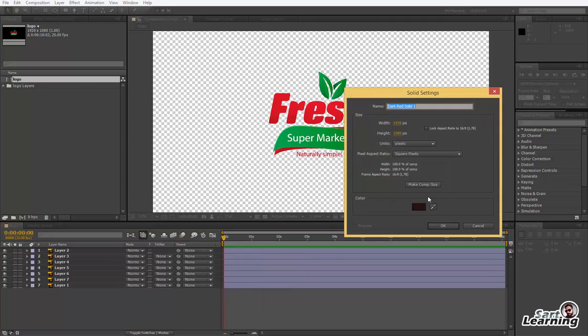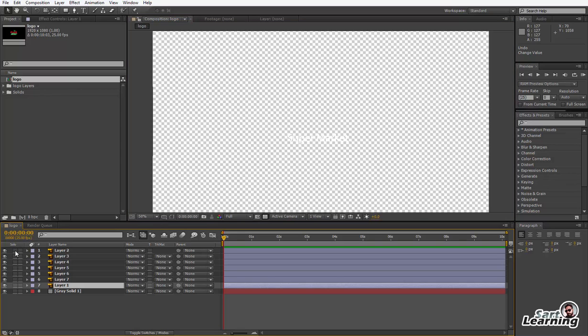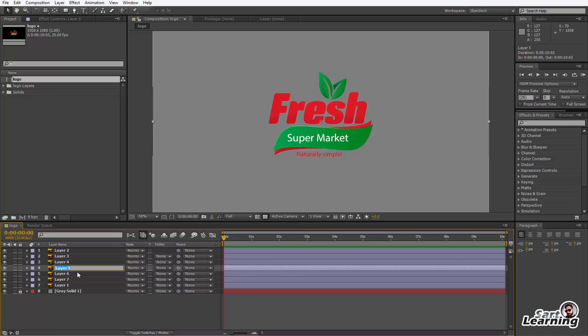Make a solid layer. You can give any color. So I just take a gray color and animate the layers separately. But first of all, the layers have their center point at the composition center, so we have to place all the centers according to the animation. So I just lock the background, select the layer and check that all the layers are done.